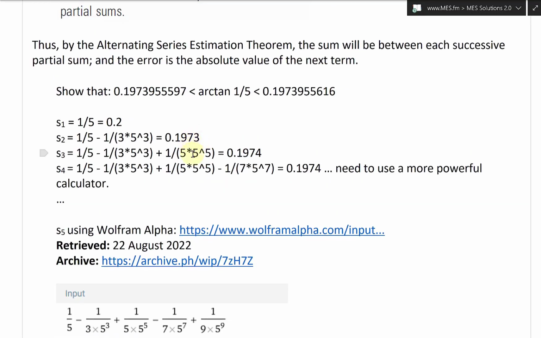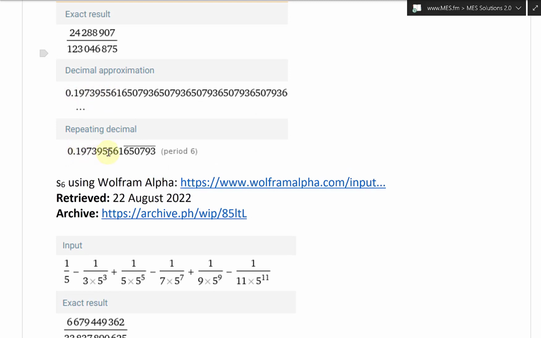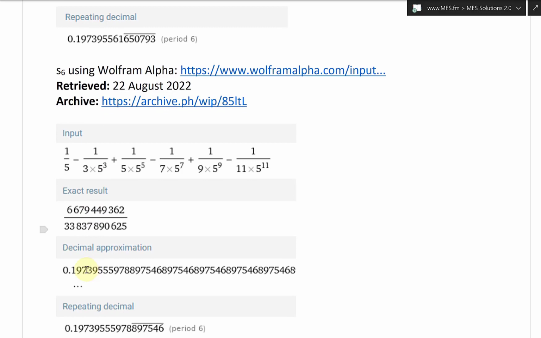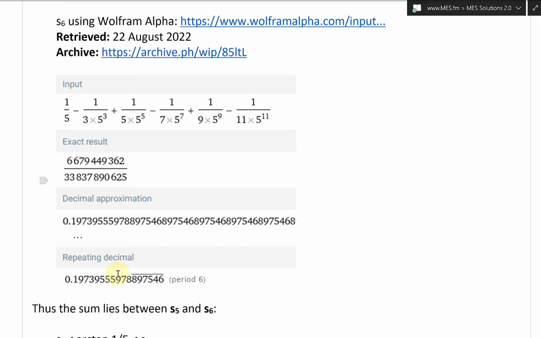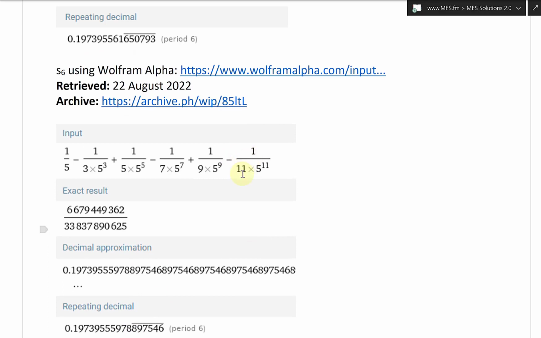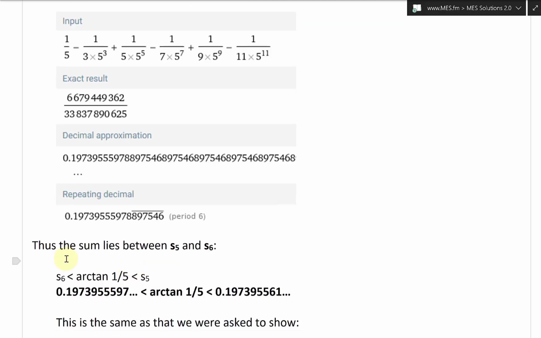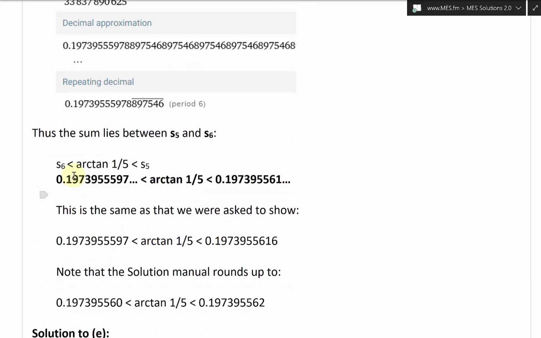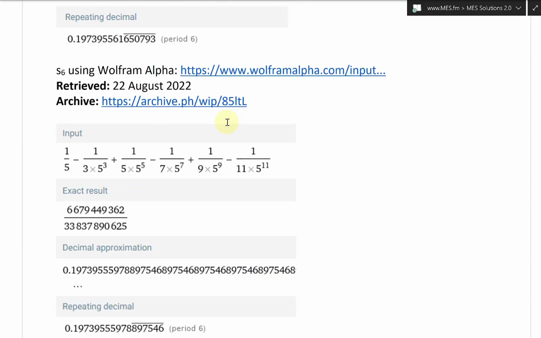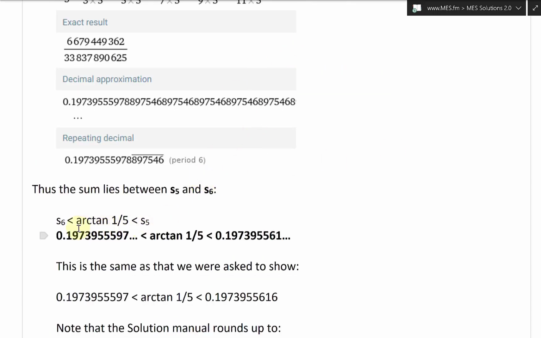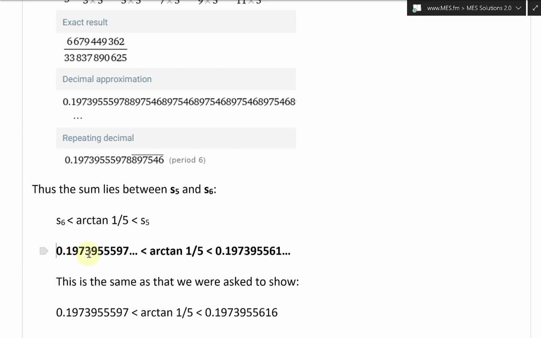So then S6 using Wolfram Alpha, we get this, 19739555616, and so on. So minus 1 over 11 times 5 to the power of 11, and we get all the way up to here. And so thus the sum lies between S5 and S6. S6 is less than, because you have the subtraction term. So we have S6 less than arctan 1 over 5, less than S5. So that means arctan 1 over 5 is greater than all the way here,